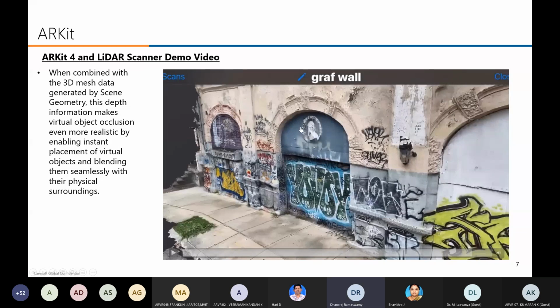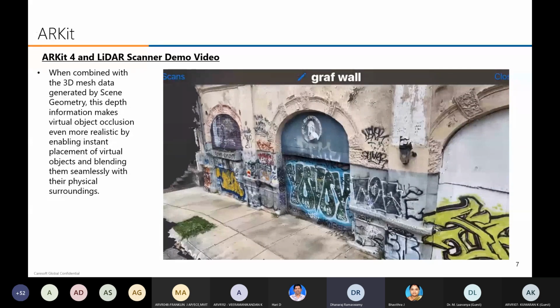Correct. In the normal case, I think most of you know about the optical scanner. What it will do is scan the 3D object using the optical scan. It will give the object with the depth using the laser. Like that, in the LiDAR scanner, it's just a mobile. It's not even any external device. It's just a mobile. It scanned the 3D object with depth.